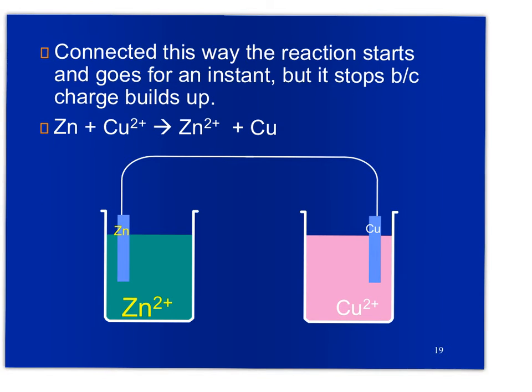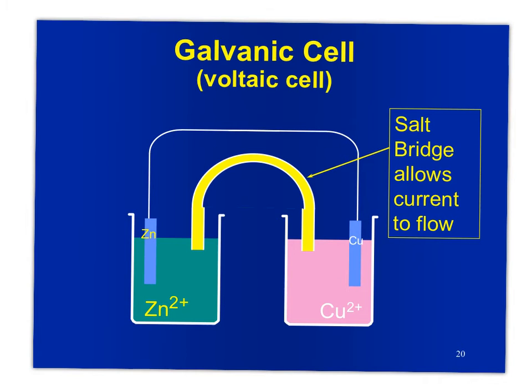So if you had a reaction like this, it was connected in this way, and you just had this, and it went to there, it grinds to a halt because charge builds up. We kind of have to have a circular thing going on here, and when we get to that next slide, we'll see. So here's a galvanic cell, or again, a voltaic cell or electrochemical cell, and we need this thing